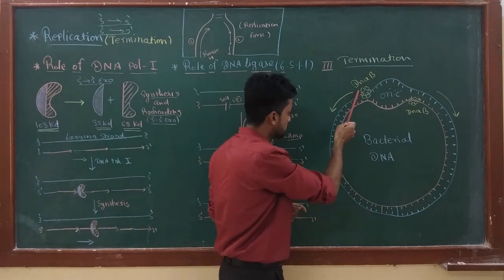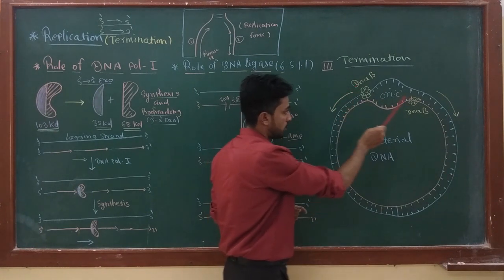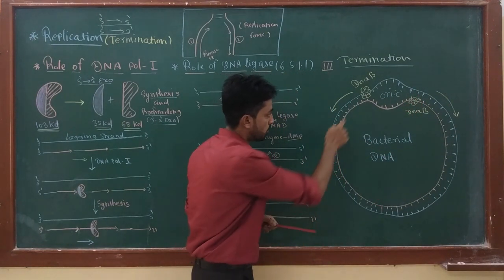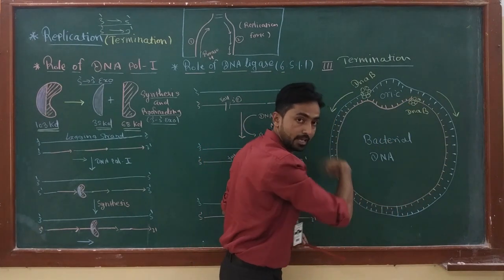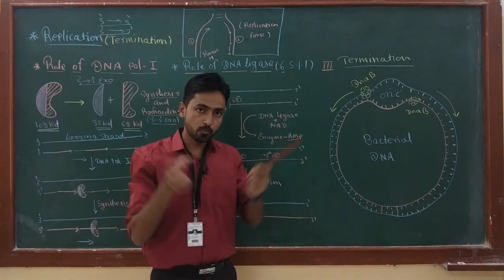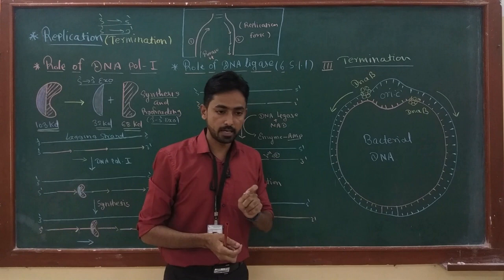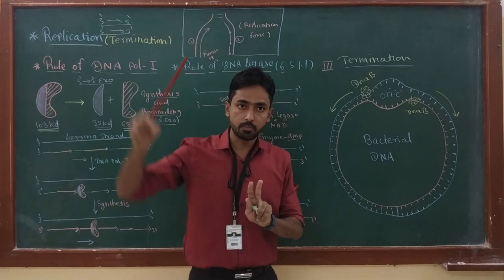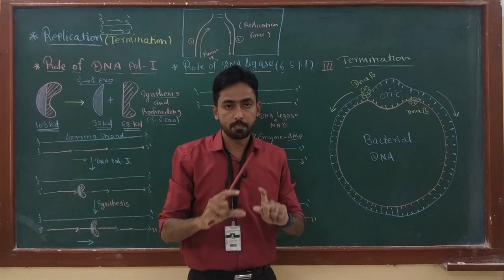Okay, so the replication process moves in one direction in one replication fork and in the opposite direction in another replication fork. Now what happens? Both replication forks are going to meet at some point because the DNA is circular. But actually, before meeting, one fork must stop the process, because if the DNA replication is inhibited or stopped in one fork, the second fork can easily meet the stationary fork and the process can be terminated.